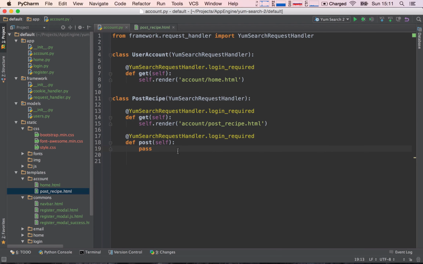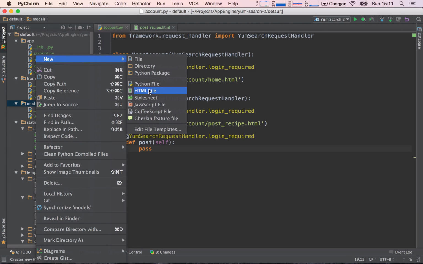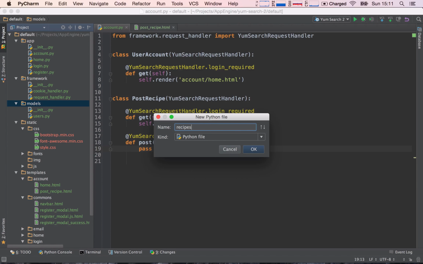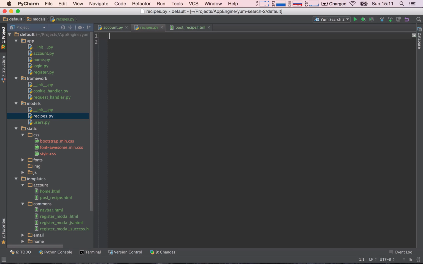So the first thing we need to do is create our model. Okay, so we need a new model to store our recipes. So inside of models, let's right click, new Python file, and say recipes. Okay, and we need to import NDB. So we can go ahead and say from google.appengine.ext import ndb. Great. Now we can define our class, which is going to be Recipes, and extend off of